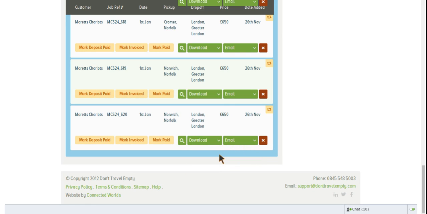Currently, we can't email the driver's ticket because it's a confirmed job, but a driver hasn't actually physically been allocated to the job yet, so the system clearly doesn't know which driver is going to be emailed the driver's ticket. Now, if we click on the magnifying glass, then we will have the actual job open up,